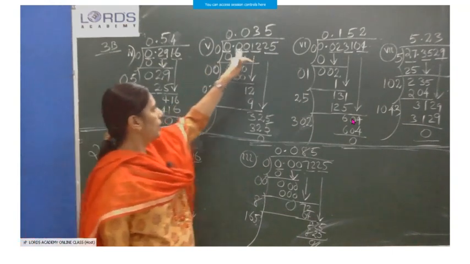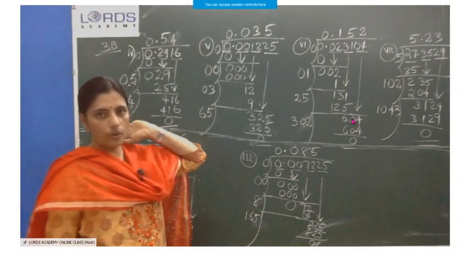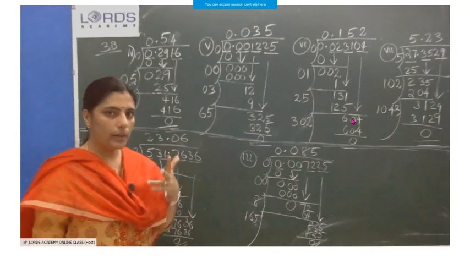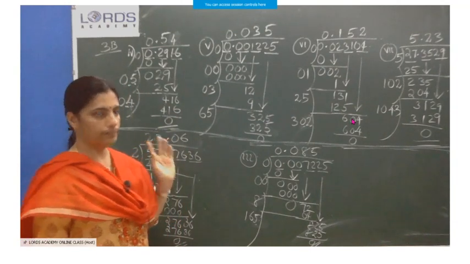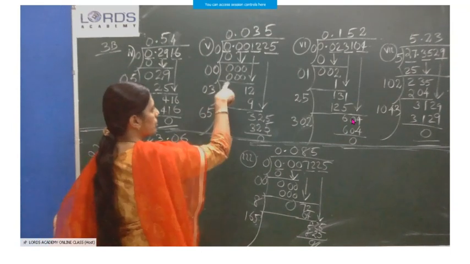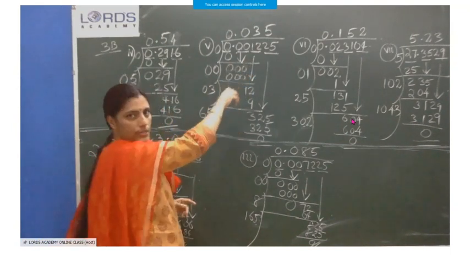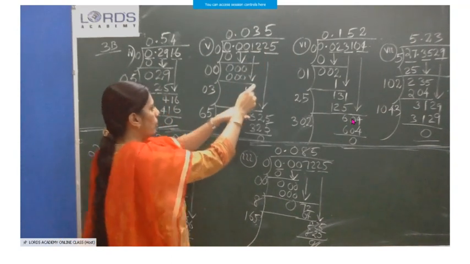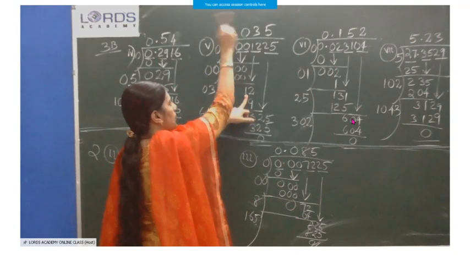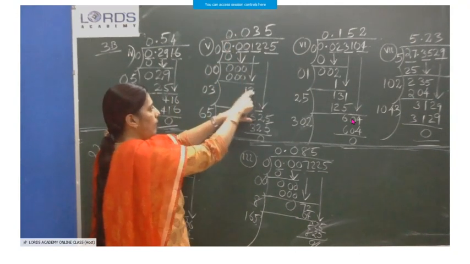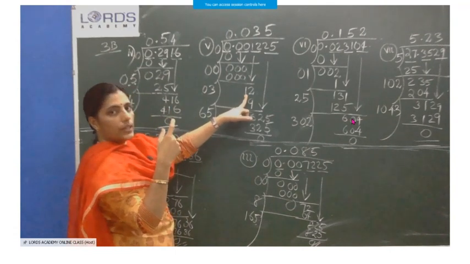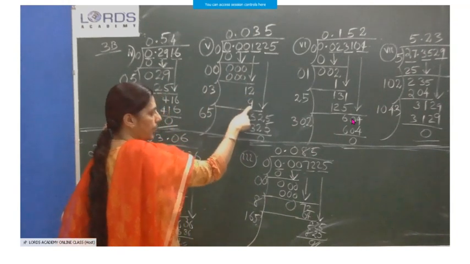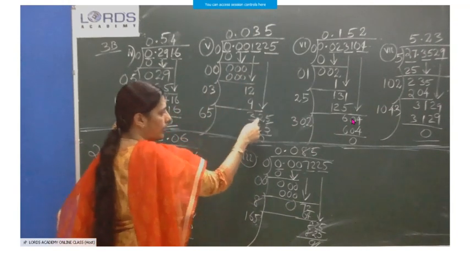Some students will start with 1, 2, 2, 5 only, but at that time they have to fill these spaces and only then start. You may make a mistake, that's why I am doing it in our traditional way. Clear? So 0 into 0, 0. Actually, the problem starts from here only. Now we are bringing down 12. The last quotient was 0.0, its double is 0. Then to get 12, what into what is 12? 3 into 3, 9. So that 3 here, that 3 here, 3 into 3, 9. Subtraction, 3 remains. Then brought down 25.